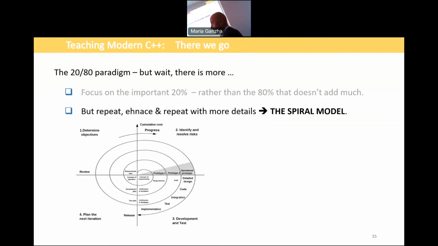One more, I mentioned agile, now the spiral model for software development. But if you think of teaching and entering again the same thing, for example, teaching about vector, then you again teach about vector, but you show more details, more actions, vector of vectors and things like this.